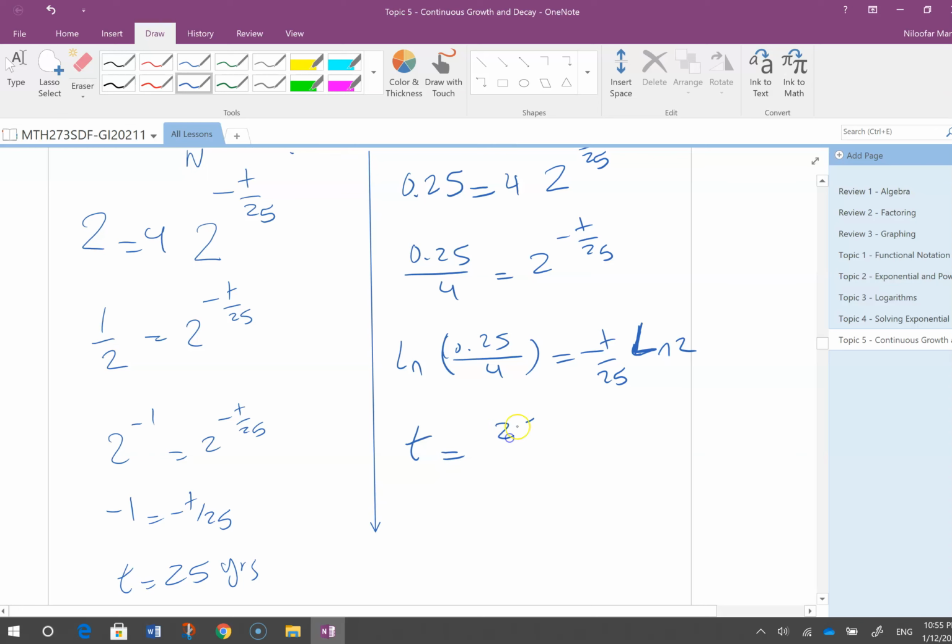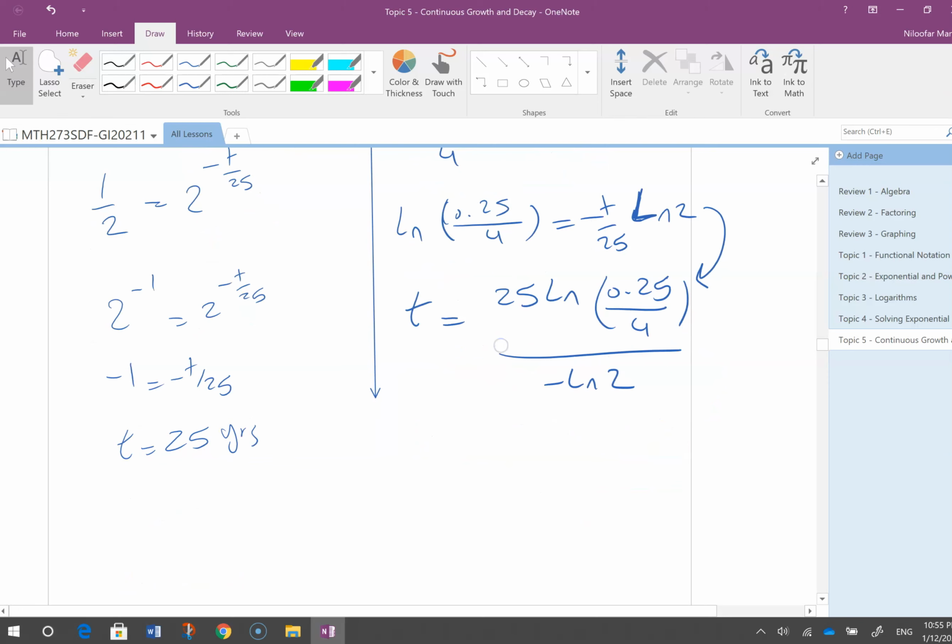T is 25 times ln of this, and I want to find T, so 25 multiplied by this, and then divided by minus ln 2. From here to here is just solving an equation. It's just Math 171. You are just solving an equation. And the answer is T equal,